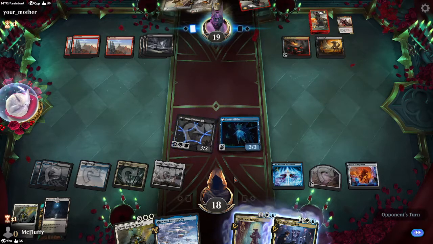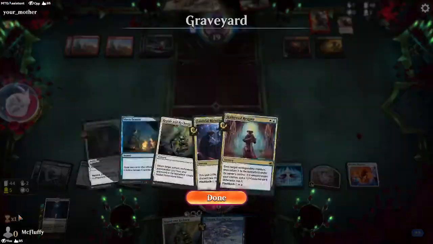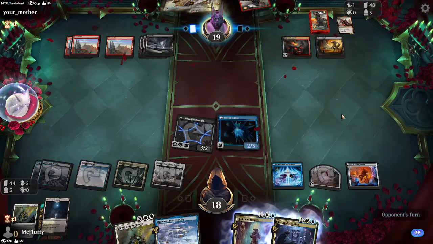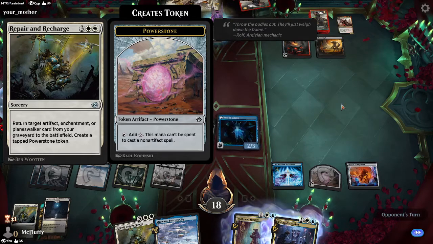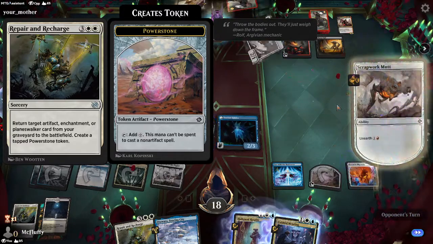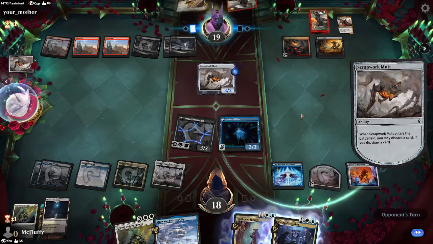We have another Repair and Recharge, which is pretty good. So we can play that, reanimate something from our graveyard. We can reanimate the Phyrexian Fleshgorger. I play Repair and Recharge in this deck rather than Invoke Justice because Invoke Justice has 4 white, and if we're playing a 3-color deck, I don't think we're gonna get lucky and draw what we need. So